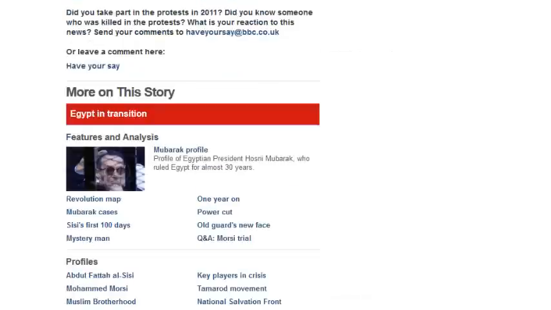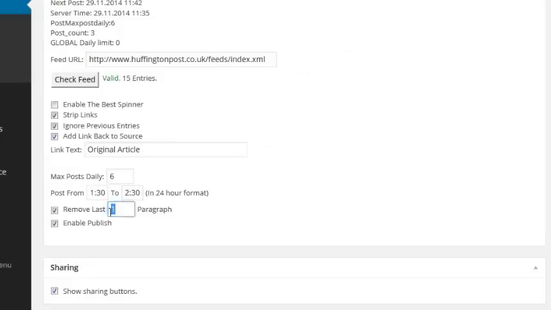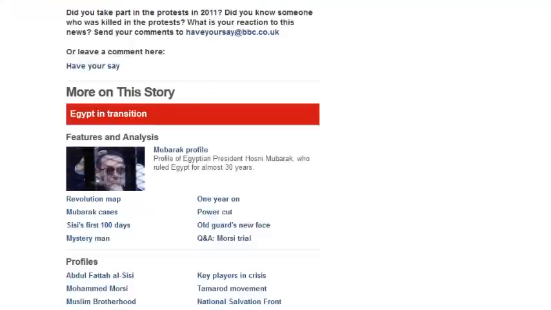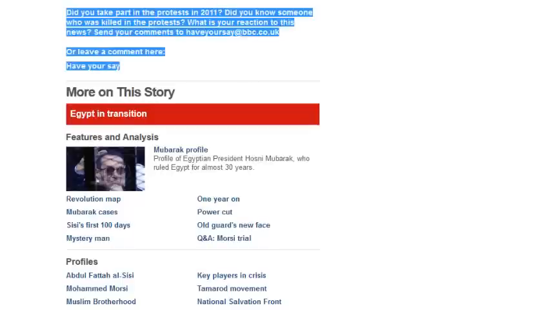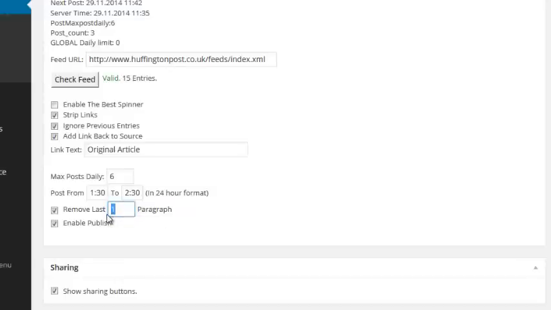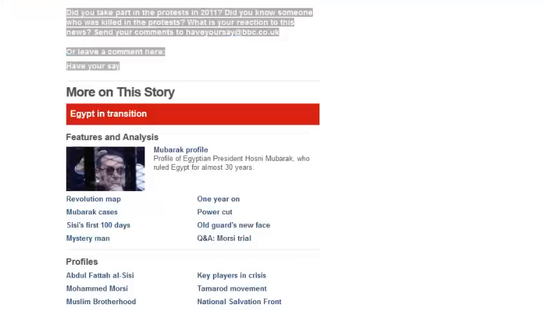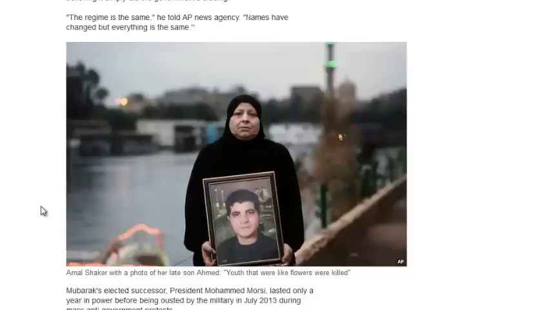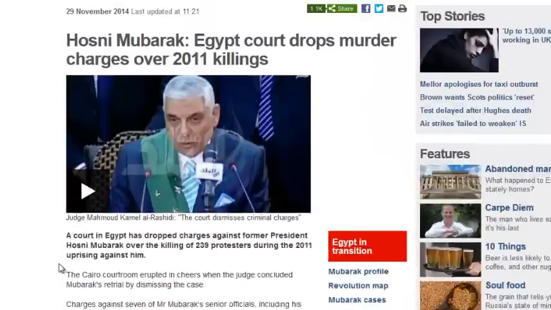If that's the case, then what you can do is tell the software to remove the last paragraph. So anything in the final paragraph, which might be "contact us for more details" or "have your say at bbc.co.uk", it'll actually remove it and strip it. And you can strip the last 3 or 4 paragraphs. So let's say this was built up of 5 paragraphs. You could say, I want to strip 4 paragraphs and only show 1 paragraph, in which case it'll actually